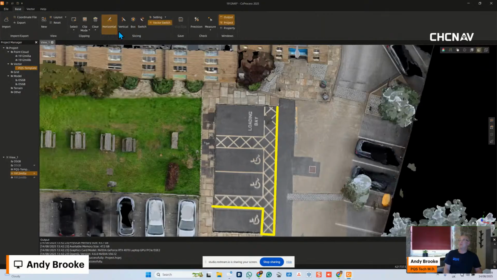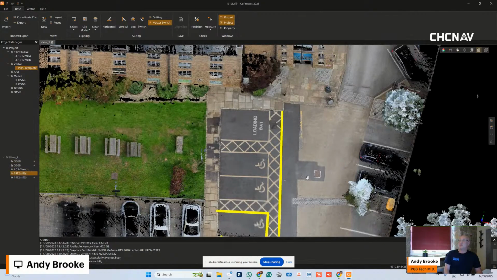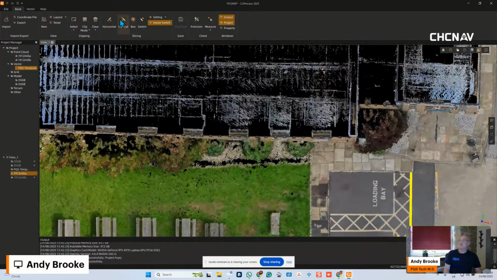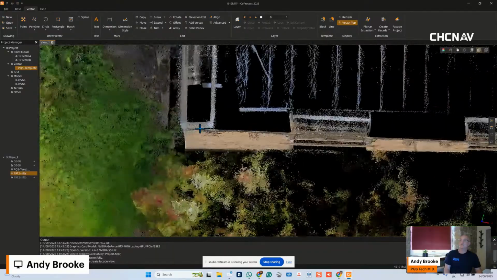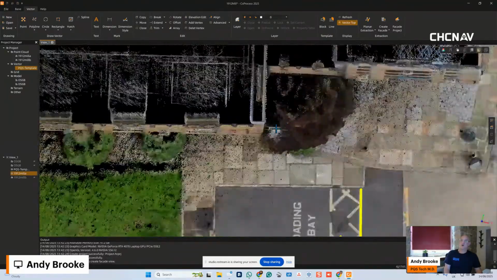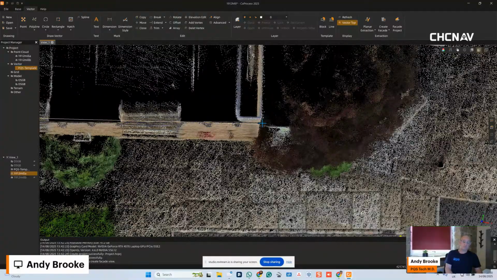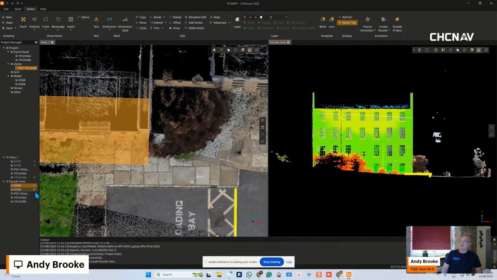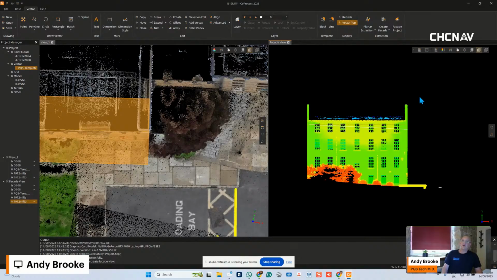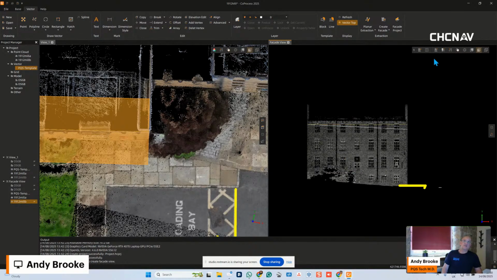If I go back to this again here, I can quite easily go into an elevation view, and if I want to draw a building facade, I can just pick a couple of points on that building face. And it gives me the view at this side again, that then I can turn on or off any of the point clouds, any of the drawings. I can change it to RGB view, intensity view. The one I really like is this